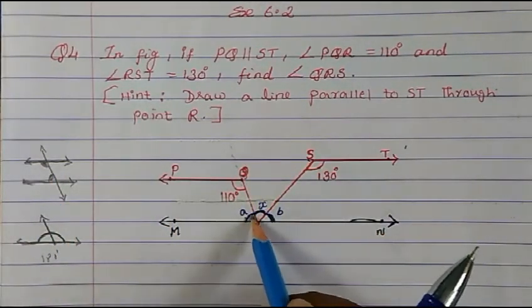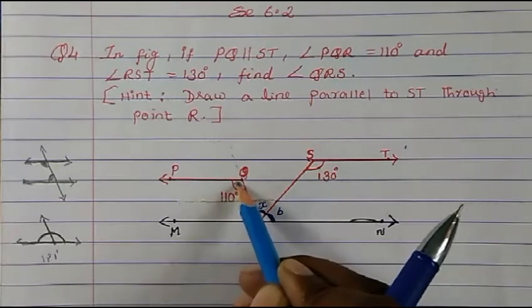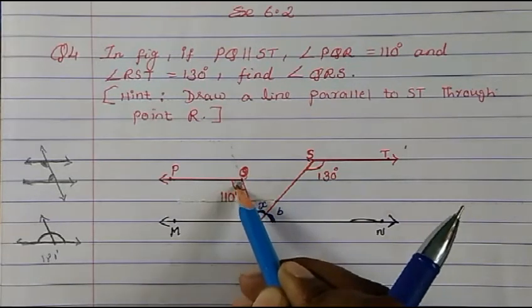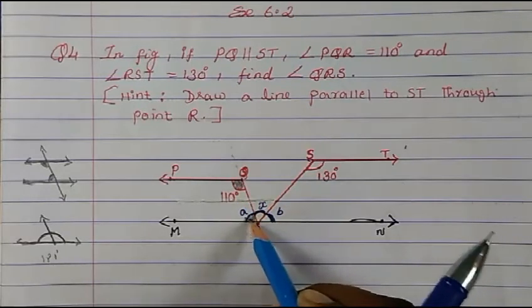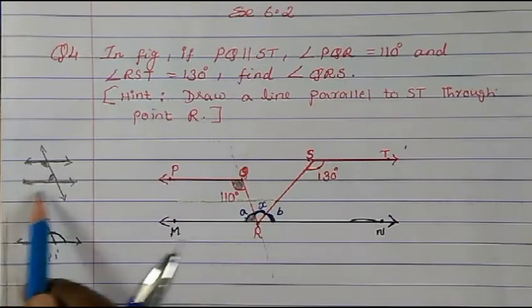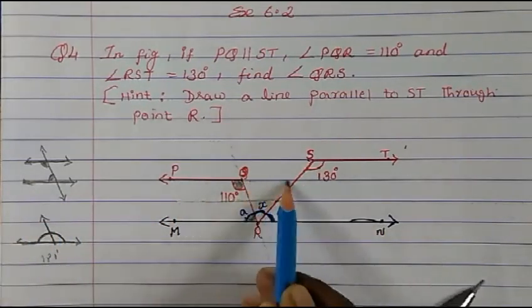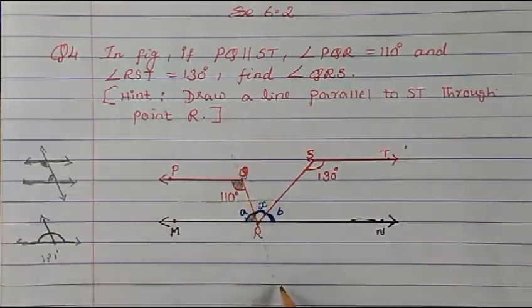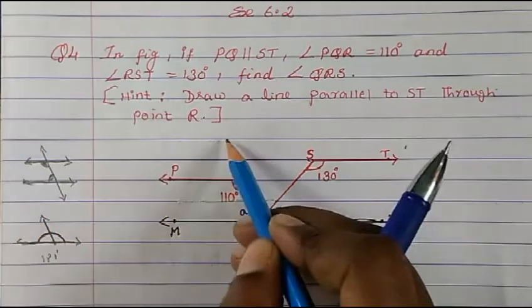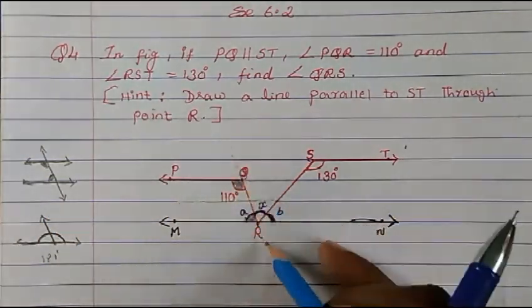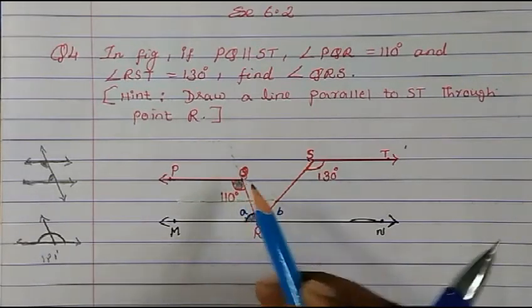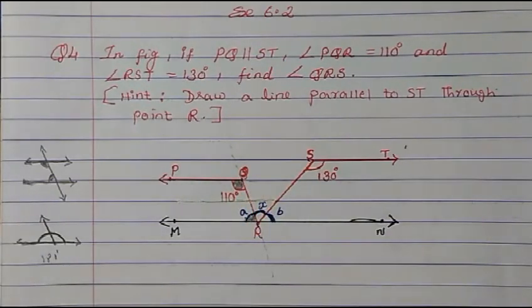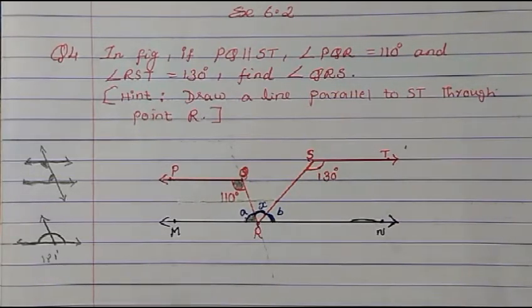So that means this angle and this angle will become consecutive interior angles. You see, two parallel lines. This becomes a parallel line if you extend this, and this line will become the transversal. If you extend this line up and this down, it becomes a transversal. So this becomes consecutive interior angles, and we studied that the sum of consecutive interior angles is 180.